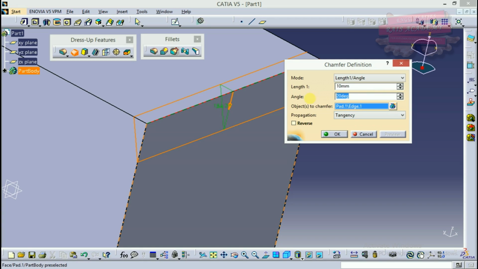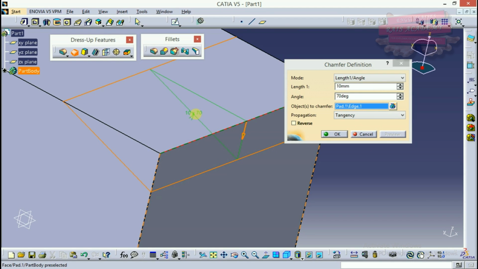Now if you change the degree from here again to 70, what you see is that the 10 has remained the same, and as per the change in angle, the chamfer area has increased.